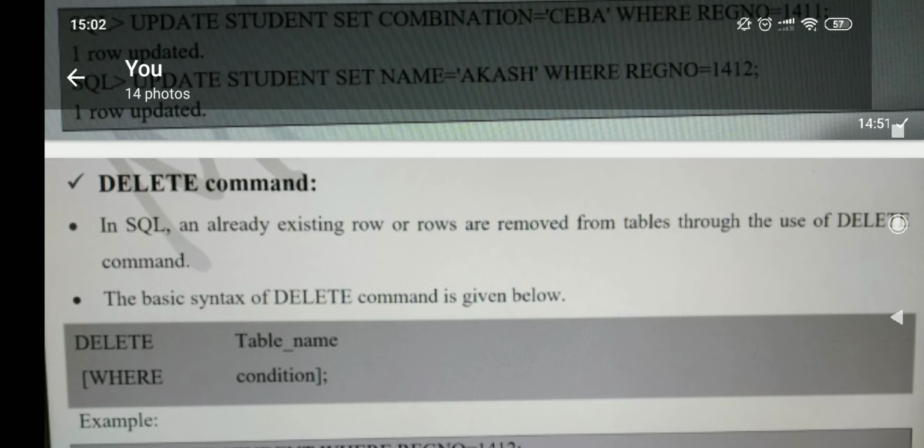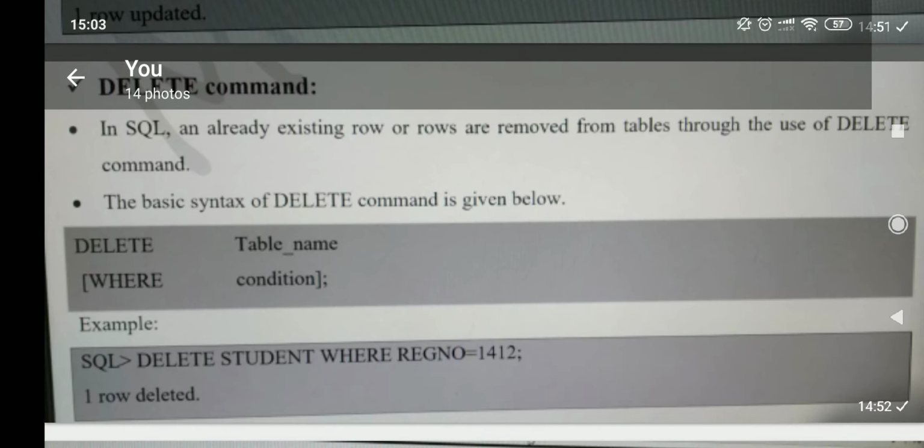Next one is the delete command. You shouldn't be confused between the drop command and the delete command. The drop command will remove the entire table from the database, whereas the delete command will delete one row or many rows based on a condition. See the syntax: delete table name where condition.